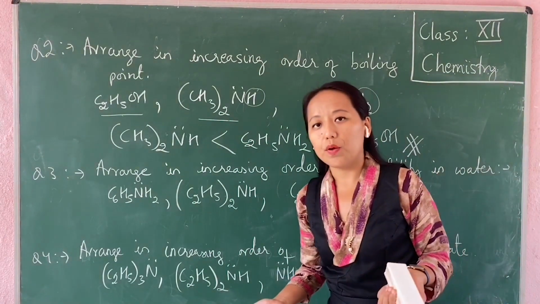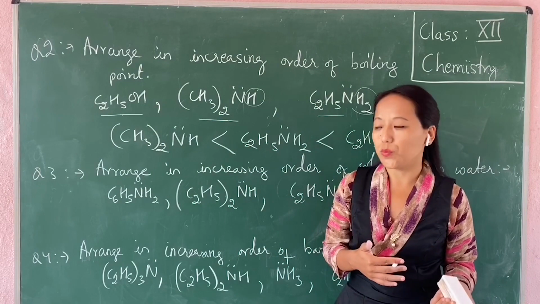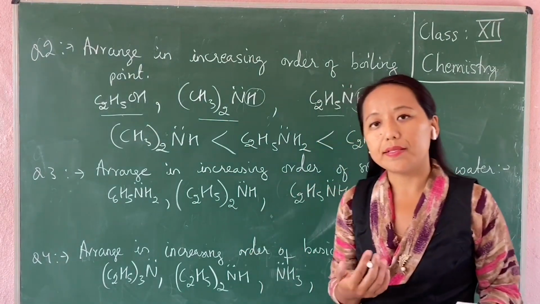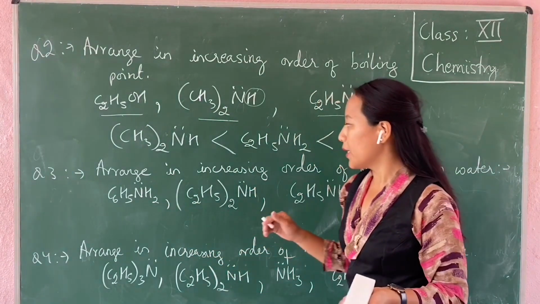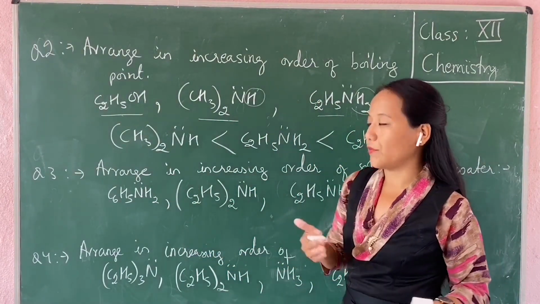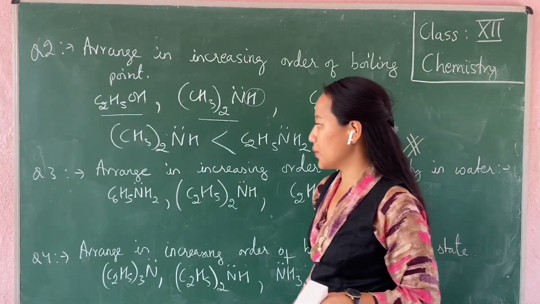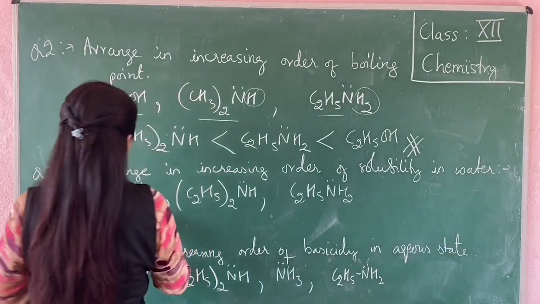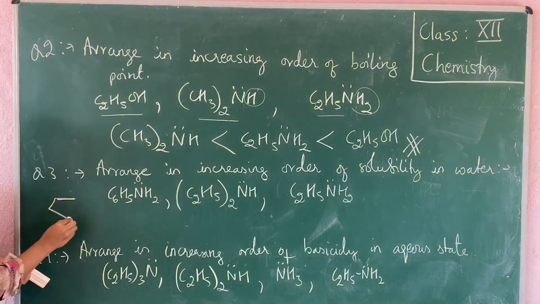Solubility depends upon the ability to form hydrogen bonds with the water molecules. It also depends upon the carbon chain which is attached to the nitrogen atom. If the carbon chain is more, the hydrophobic part is more, as we have already discussed, and it becomes less soluble in water. So this one is aniline, benzene with NH2. Now if I write the structure for this,